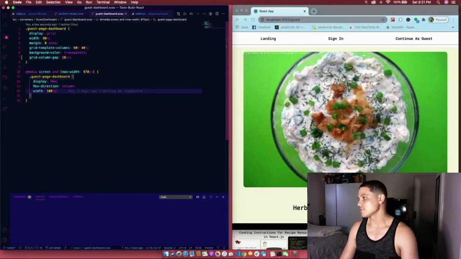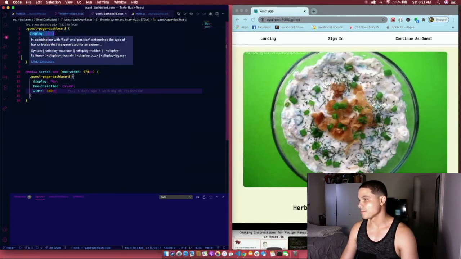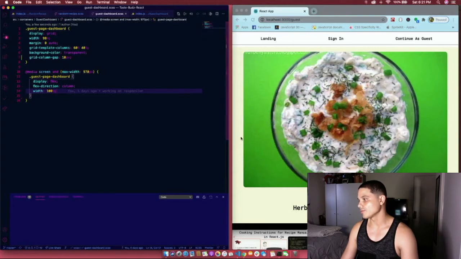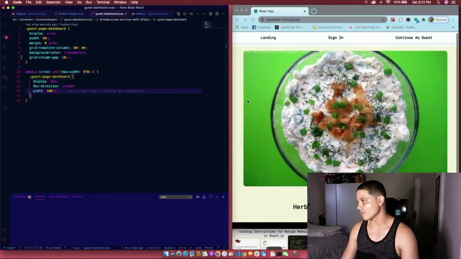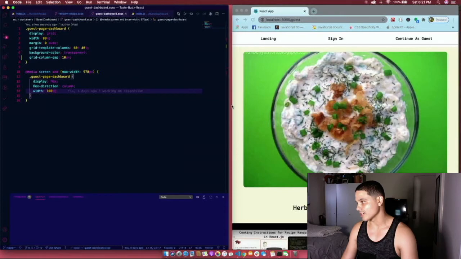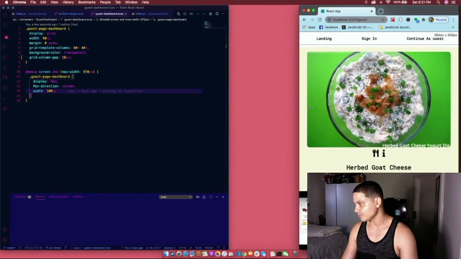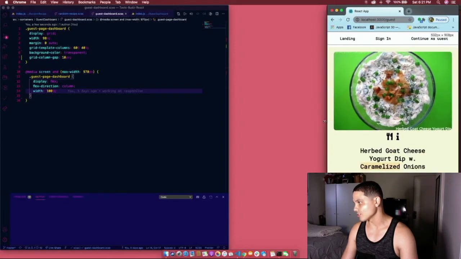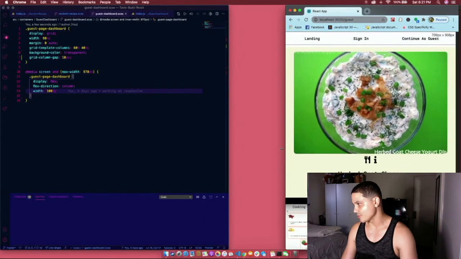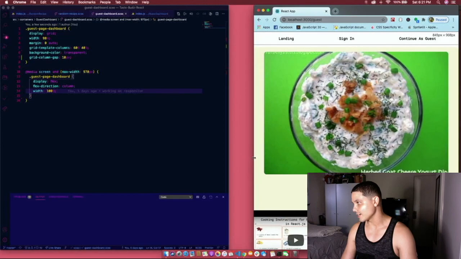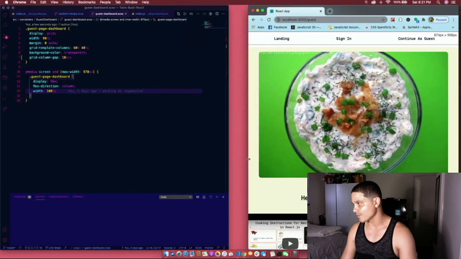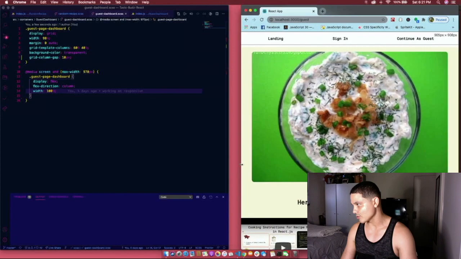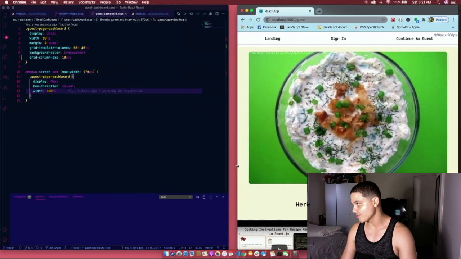All right, so as you can see, at 970 and below, that's the format of the page that we have currently right now. Now it's starting to look more like a mobile view, and anything beyond 970 will go to its grid view, as you can see right